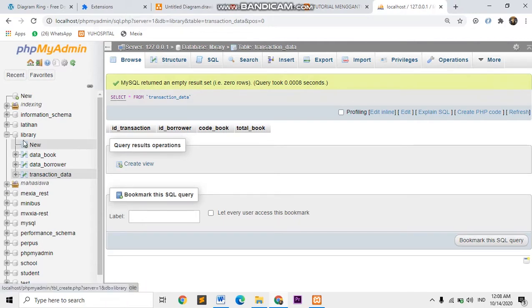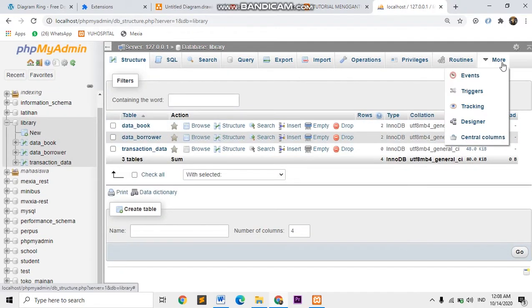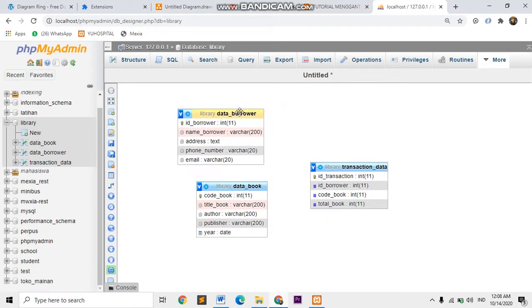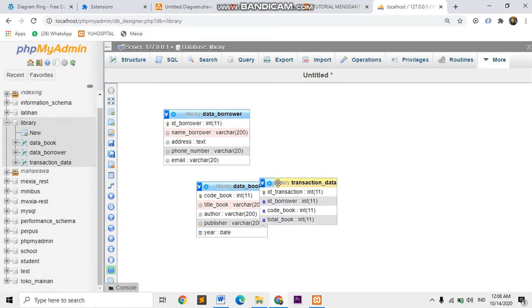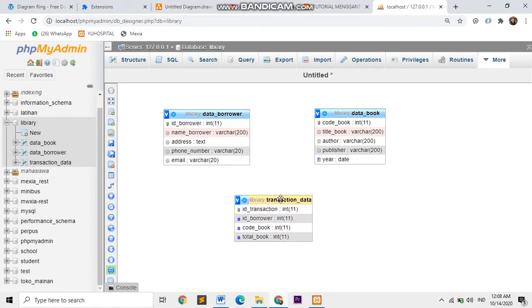You click database and designer, data borrower, data book. How to make a relationship?